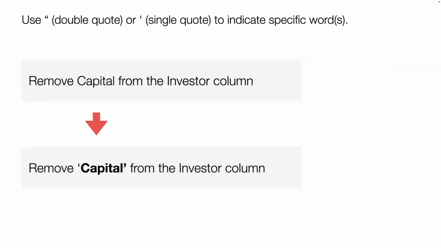Okay. And also, one thing I didn't have time to demo is that you can work with text data. Let's say you want to remove certain text or replace certain text with something else. That's also where this AI prompt really shines. But when you specify a particular word, I recommend you surround that word with either single quotes or double quotes. The reason behind this is, for example, if you say remove capital from the investor column, and like I explained in the RAG system, how this whole AI prompt works behind the scenes, it actually takes